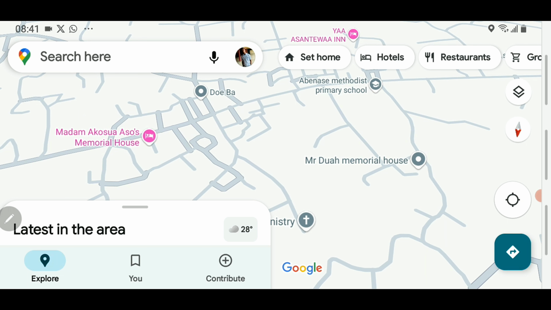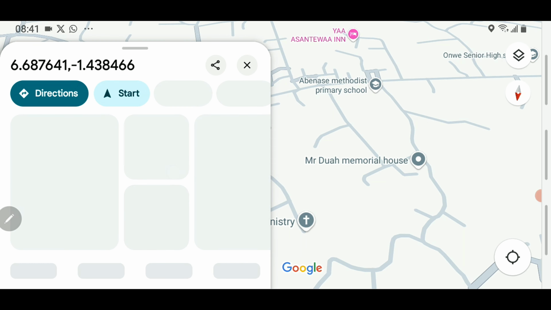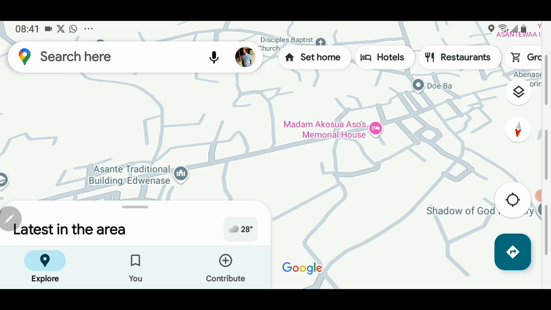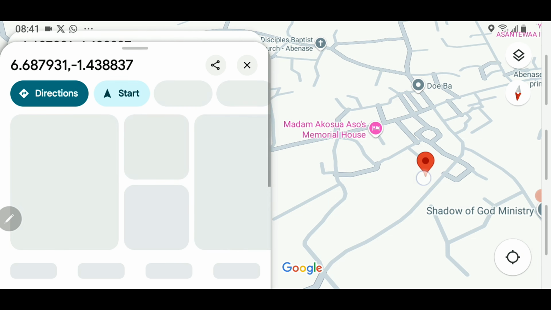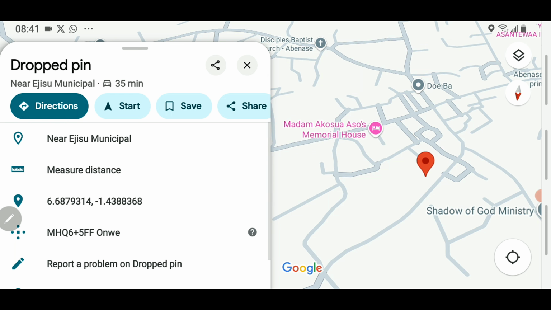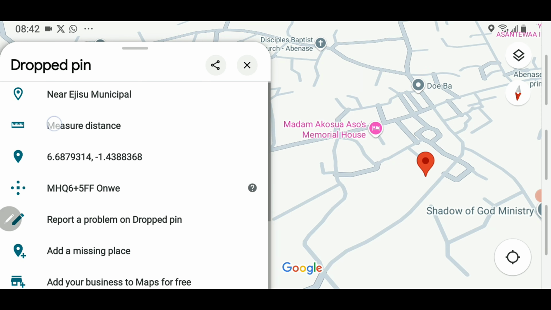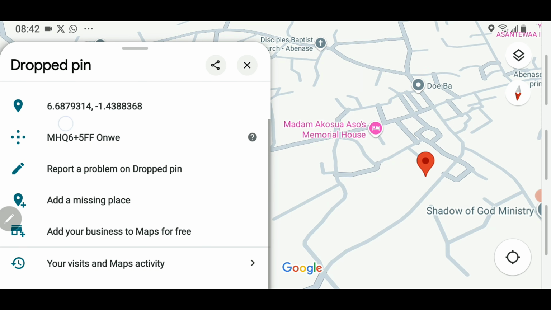So long tap on the particular place that you want to add the business. You realize a pin will drop at that particular place, and there will be a pop-up menu. So you realize in here, there's a pop-up menu. So scroll down through the menu and